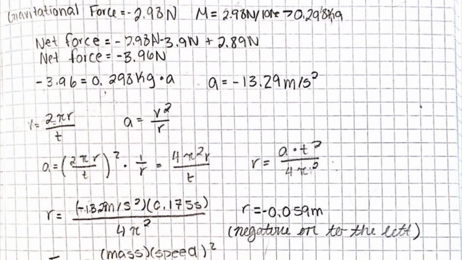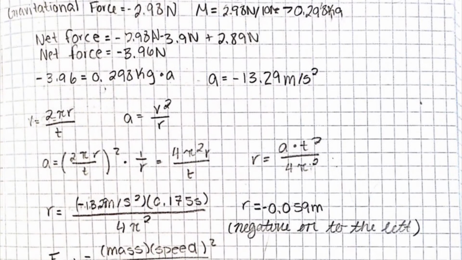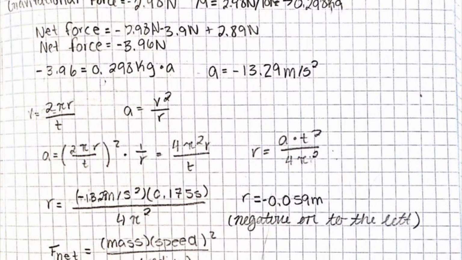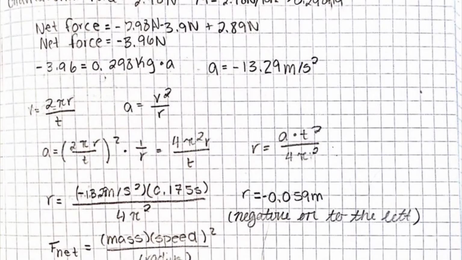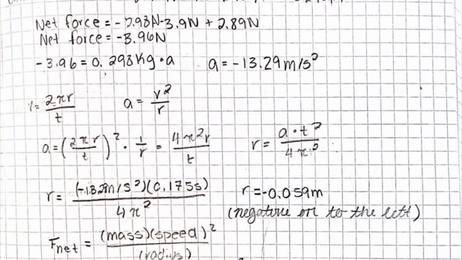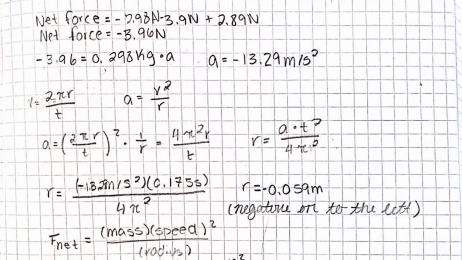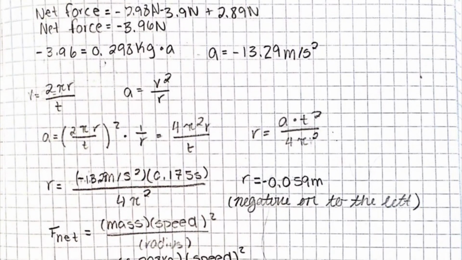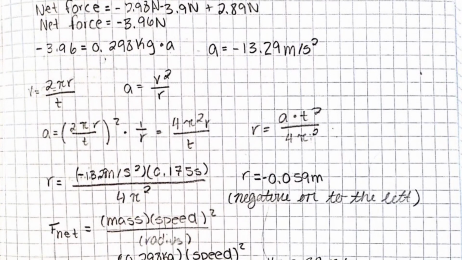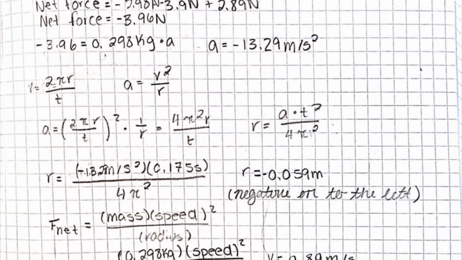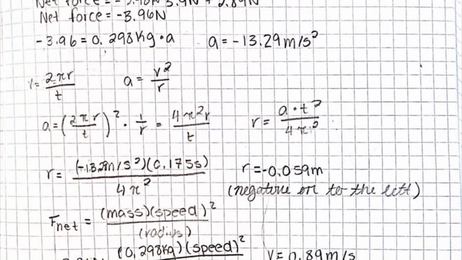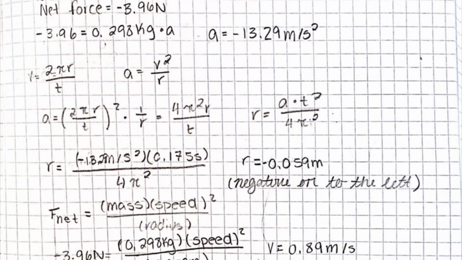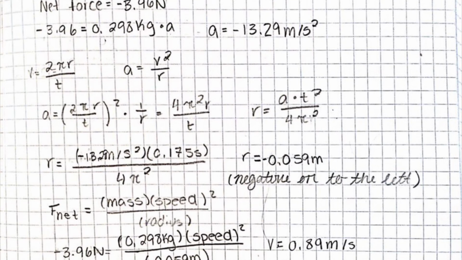And then we have to find the radius, so we combined the equations. Velocity equals 2 pi times radius over time, and acceleration equals velocity squared over the radius to get an equation of radius equals acceleration times time squared over 4 pi squared. So we used the acceleration negative 13.29 meters per second squared times 0.175 seconds squared over 4 pi squared to get a radius of negative